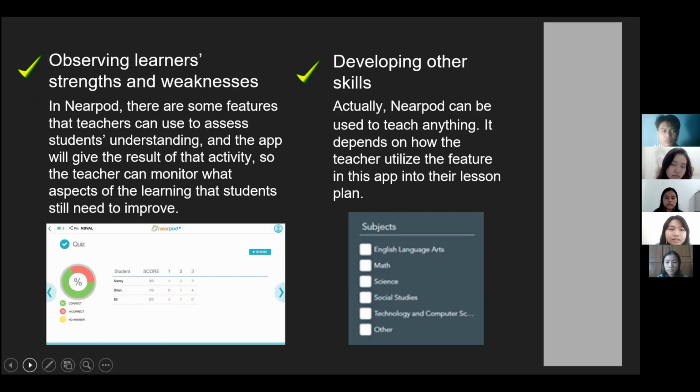In Nearpod, the teacher can also observe learners' strengths and weaknesses. There are some features that teachers can use to assess students' understanding, and the app will give the result of that activity. So the teacher can monitor what aspects of the learning the students still need to improve. And then